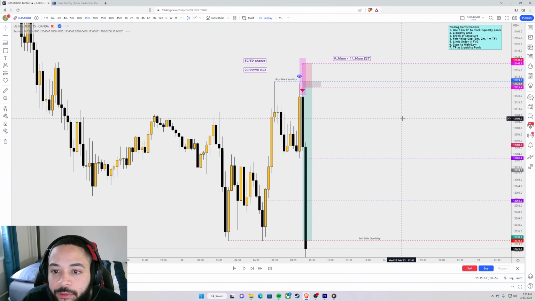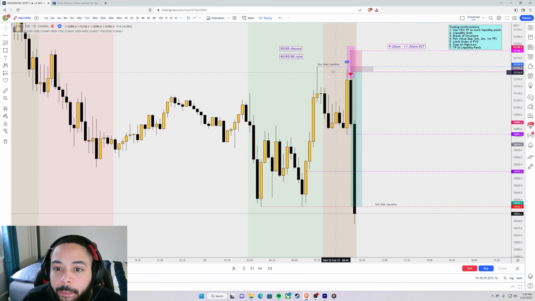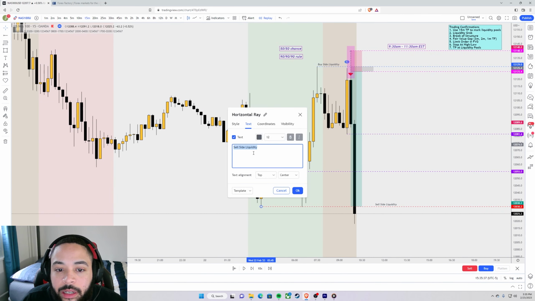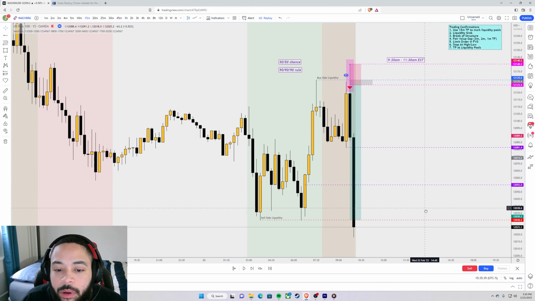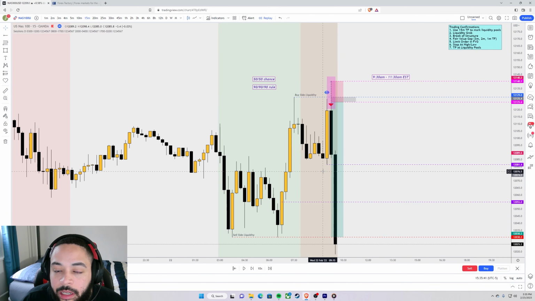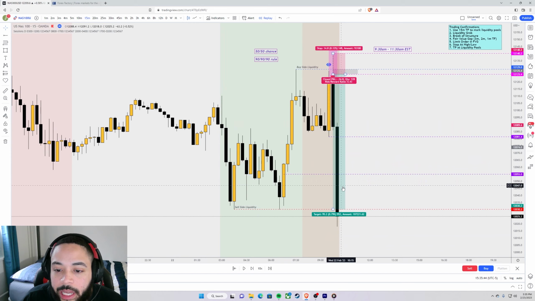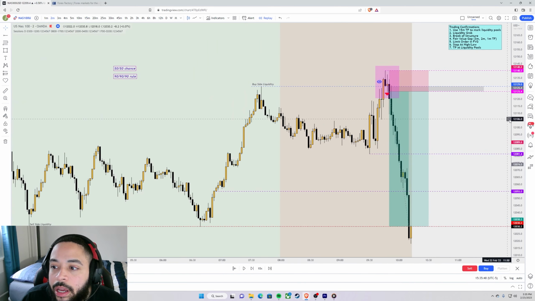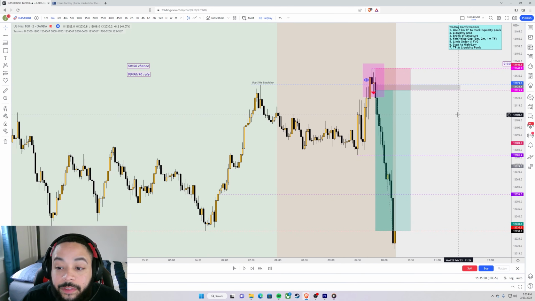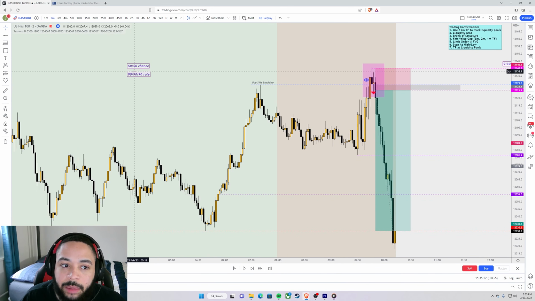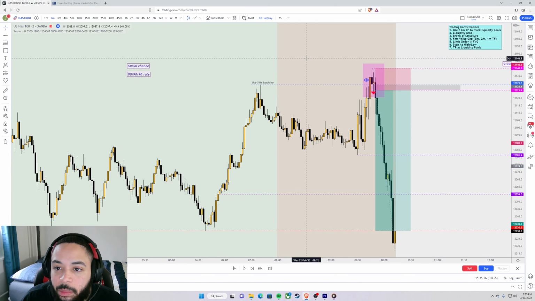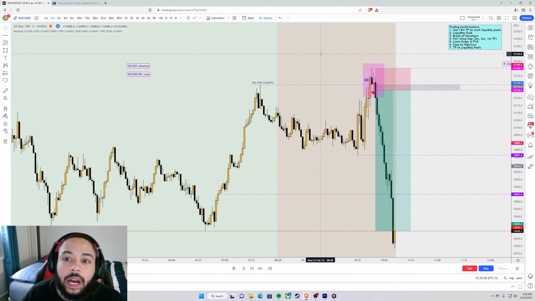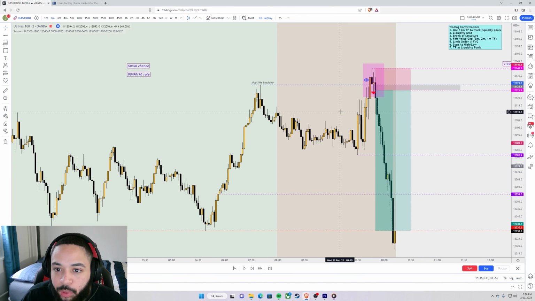Because even before this move played out, we marked buy side and sell side liquidity, and then the market came and played both sides. And that was the question that I had. I'm like, okay, well, if trading is 50-50 because you can only buy or sell, why is it that 90% of traders lose? The only logical explanation must be that the market is playing both sides, because how else are all these people losing? And this example is the perfect example